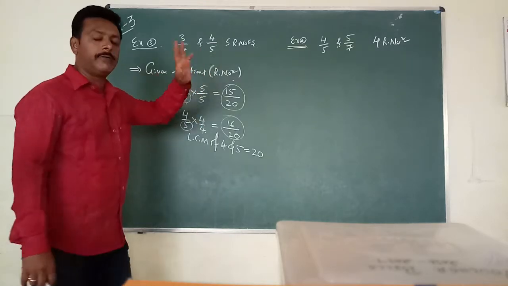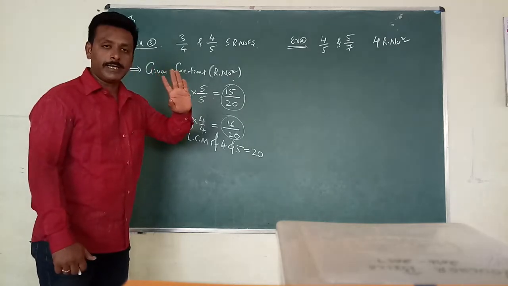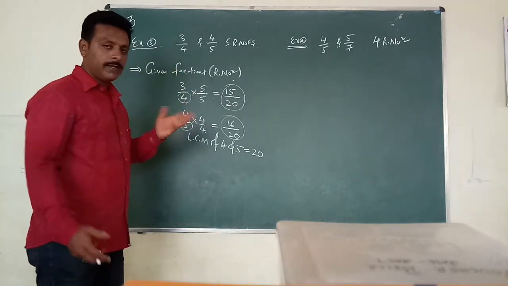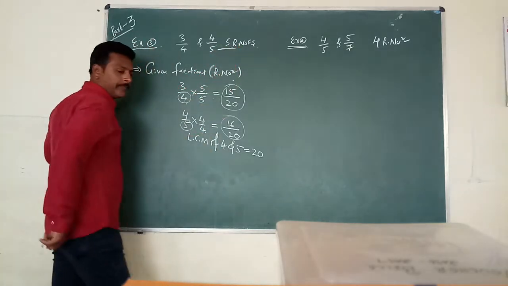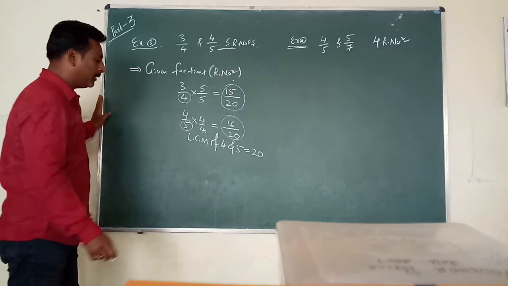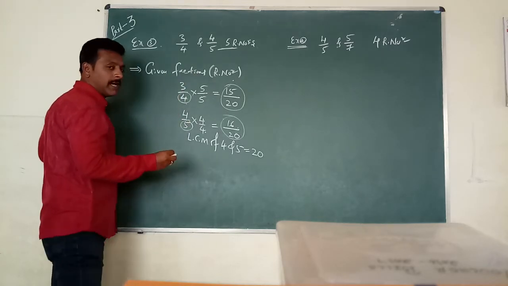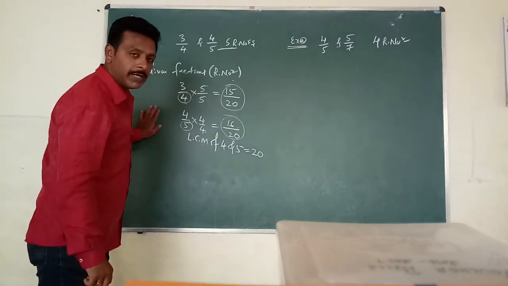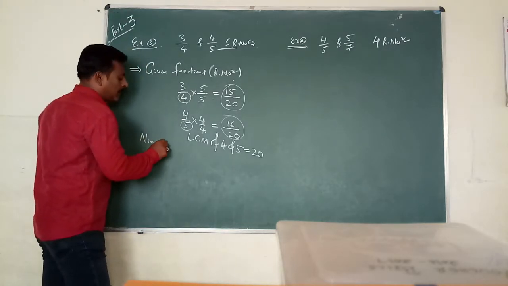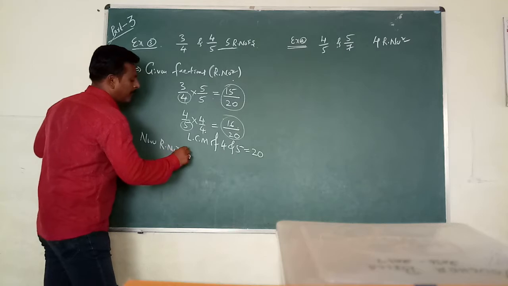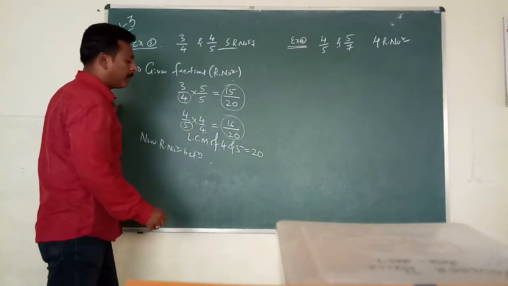So this is the extra step. When you get different denominators, first your job is to make their denominators equal. After that, we do the same method. How many rational numbers do you have to find out? 5 rational numbers. So whenever you are finding 5 rational numbers, I told you one additional you have to take. Therefore, the rational numbers between 3 by 4 and 4 by 5.